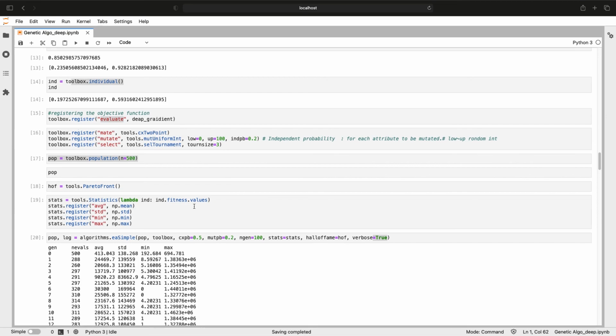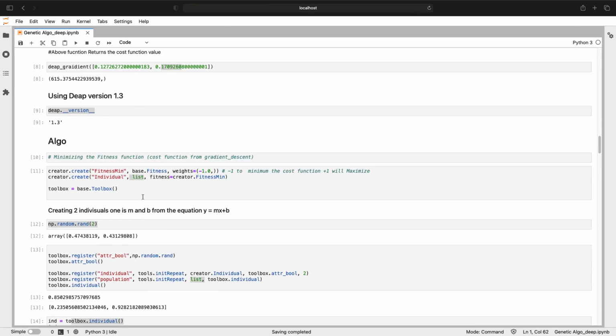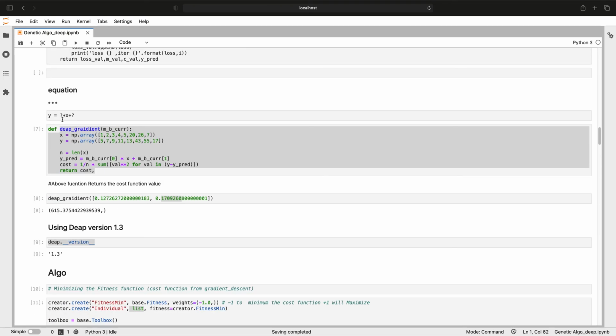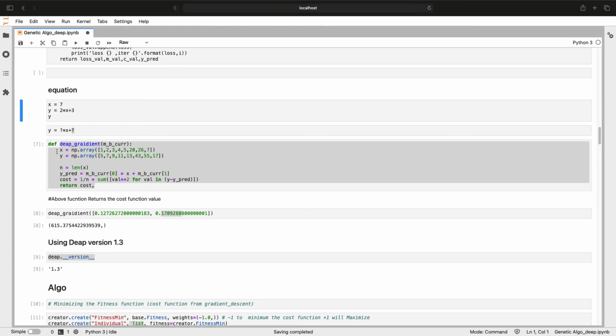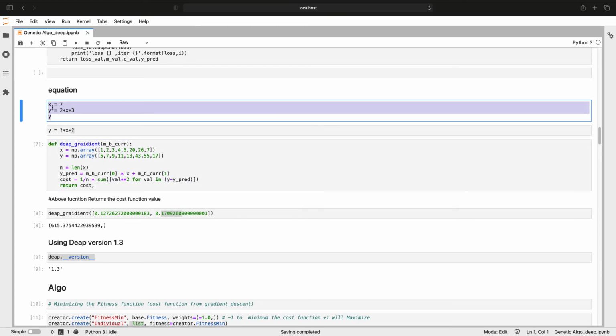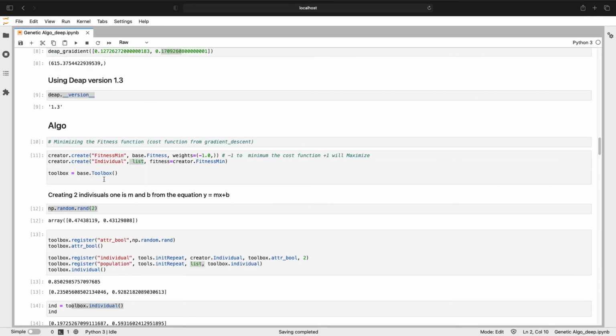So it means that the genetic algorithm has given us two values. If I put those values in this equation, it is going to give us the result we expect. To generate these values of x and y, I have used this function. As you can see, 2 and 3 I have used here to generate those numbers. So the algorithm was able to get those values of m and c in this case.